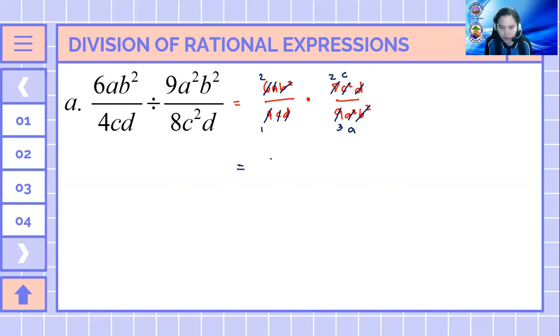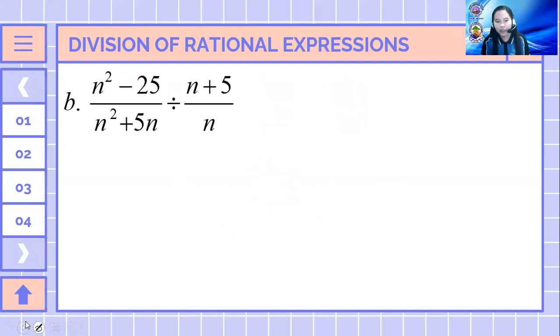2 times 2c will be equal to 4c. And then 1 times 3a is equal to 3a. Therefore, the answer or the quotient for this example is 4c over 3a. Okay. Next,